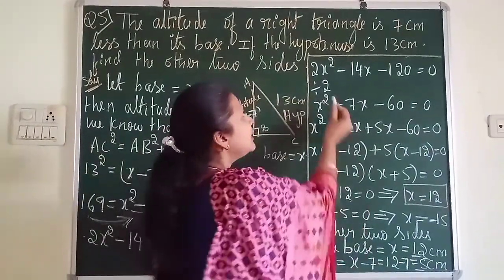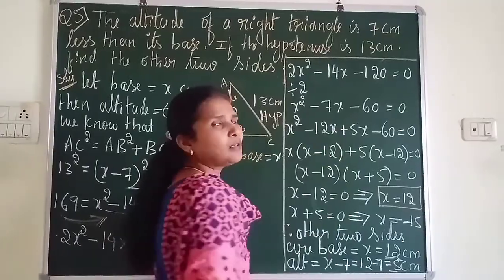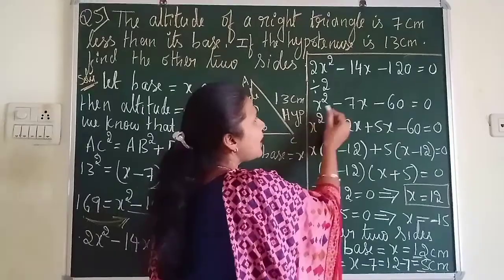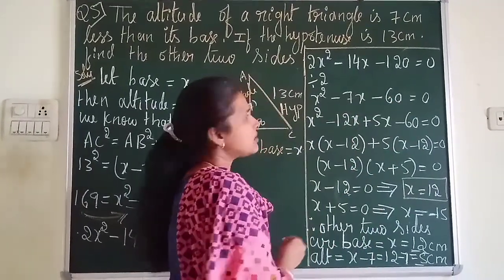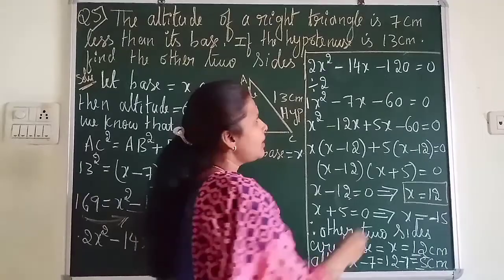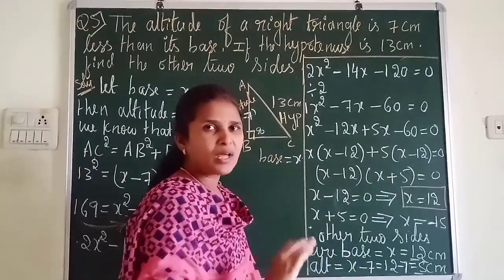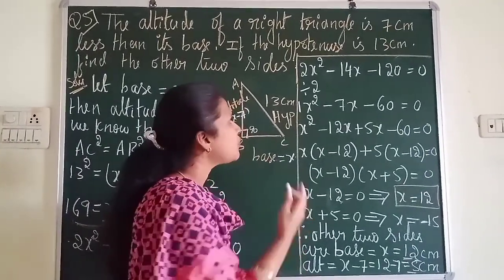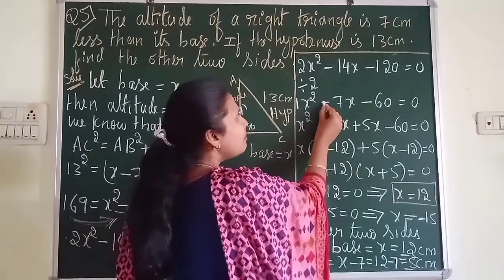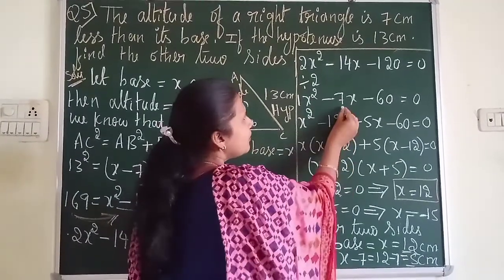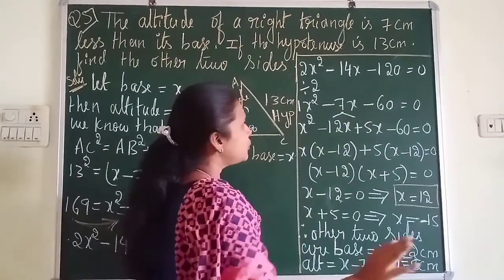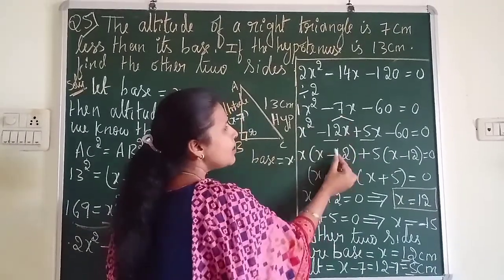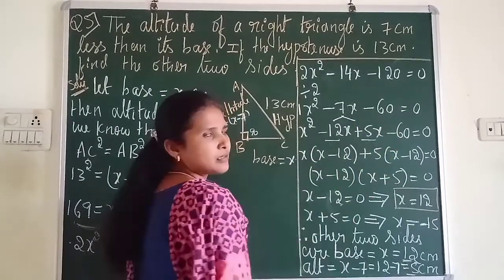You can see here in the three terms you have 2, 14 and 120. The common factor is 2. So divide these three terms by 2. We get x square minus 7x minus 60. So the coefficient of x square is 1 and the constant is minus 60. 1 into minus 60 is minus 60. And recall the table where we get 60. So 12 5s are 60. But the middle number is a negative number. So break this 7 into 2 parts, minus 12 plus 5. Minus 12 plus 5 is minus 7, minus 12 into 5 is minus 60.